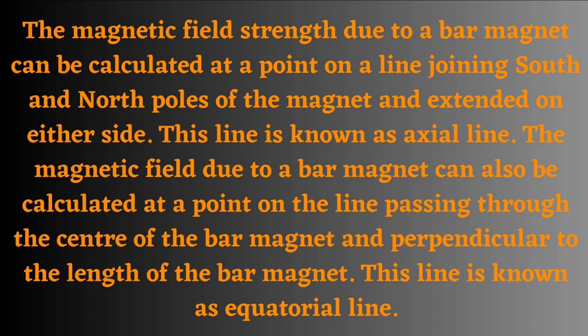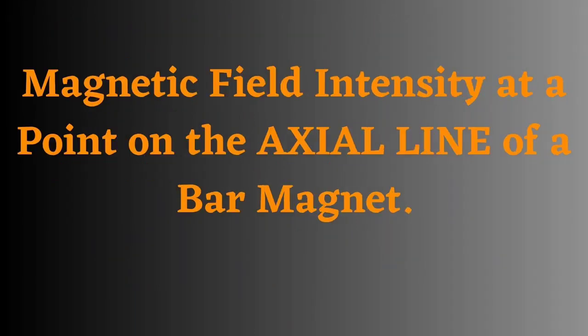This line is represented by the straight line passing through the center and extended on either side of the pole. Whereas the equatorial line is a line which passes through the center of the bar magnet and is perpendicular to the length of the bar magnet. Now we are going to understand the magnetic field intensity